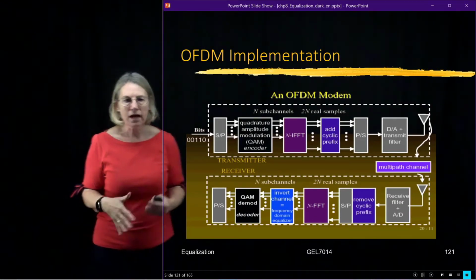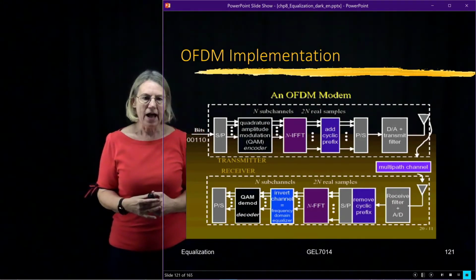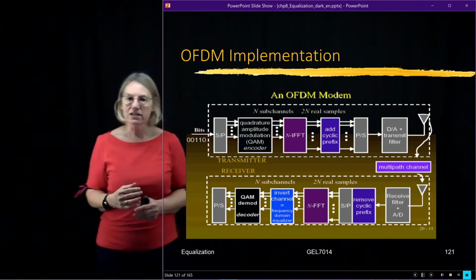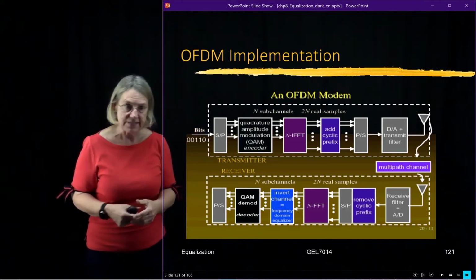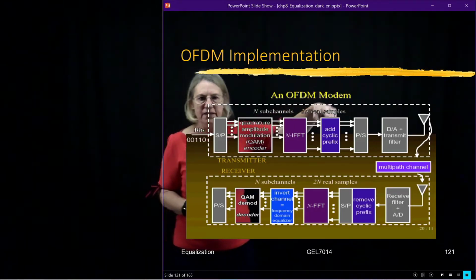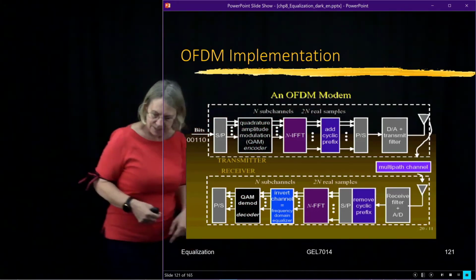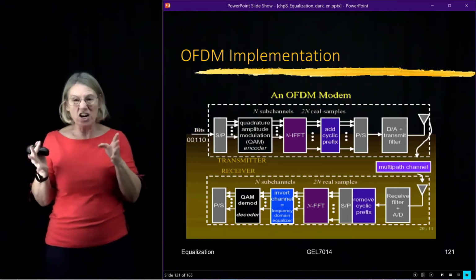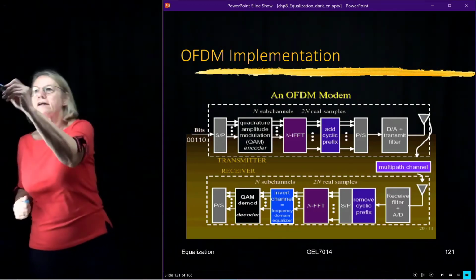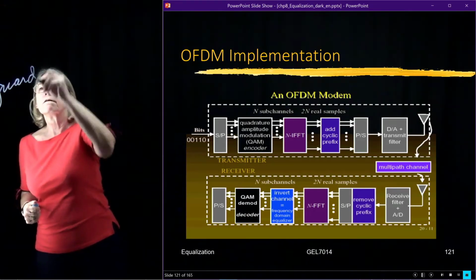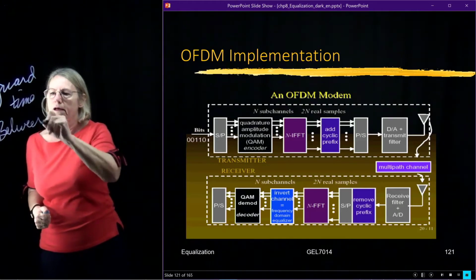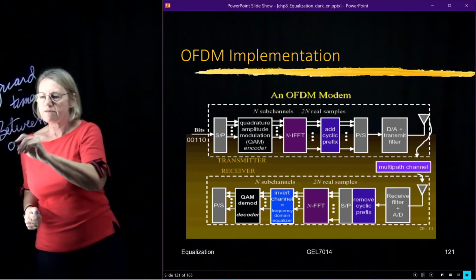There are a couple of steps going on that I sort of glossed over, and now I'm going to give you a couple of details on what is needed for this implementation. The first one is called the cyclic prefix. Cyclic prefix corresponds to that time that I said was a guard time, during the guard time between OFDM symbols,